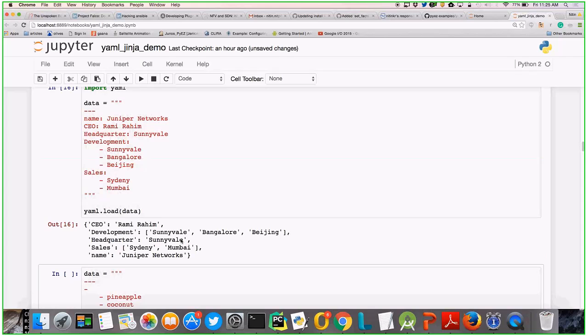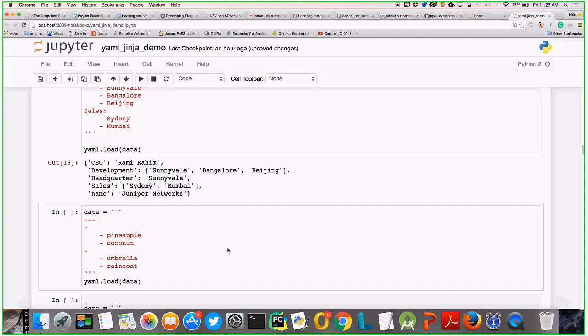This might not be in sync the way you are looking here because Python's dictionary does its own sorting. Anytime you want to fetch the value, you'll use a key. So internally it does its own sorting, so that shouldn't match here. You shouldn't be asking why you don't have name as the first value of that dictionary. For list and tuple, it should be in the order. Looks good. So we'll go into another example.